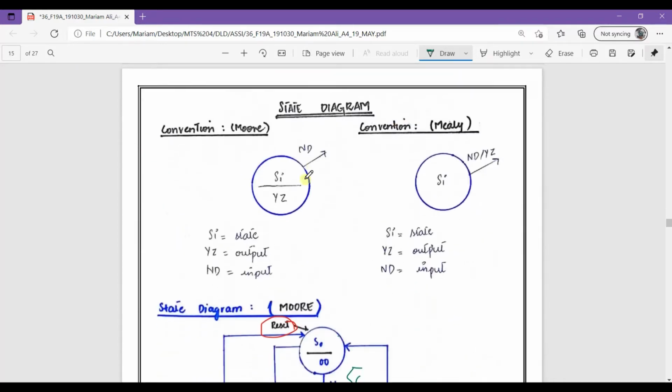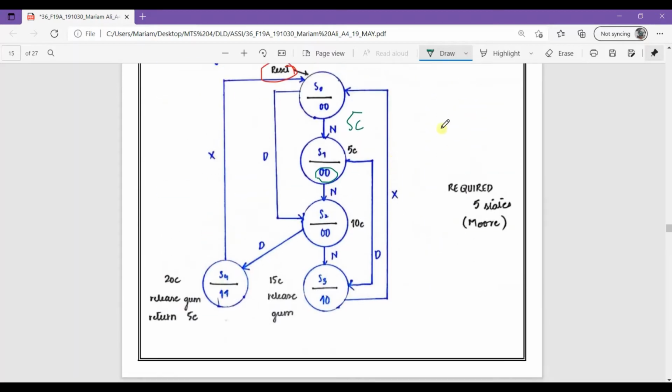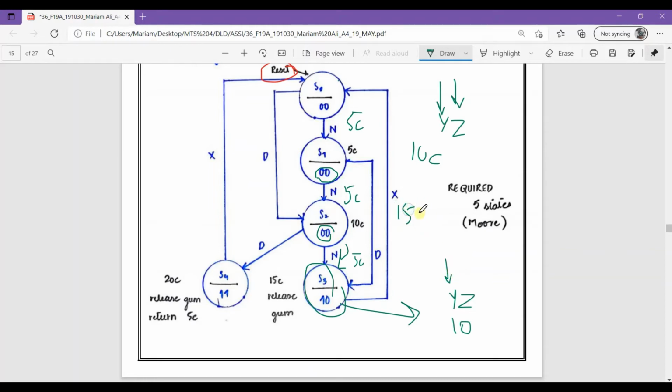Here I represent the output as Y and Z. So this represents Y and Z; as only 5 cents is provided, there is no candy returned and no change returned. Here we provide another 5 cents, making a total of 10 cents, but still no candy and no change. Now a further 5 cents is provided, and here we can see YZ is 1 0. So 1 means a candy is given as 15 cents is completed, but no more than that, so there is no change here.